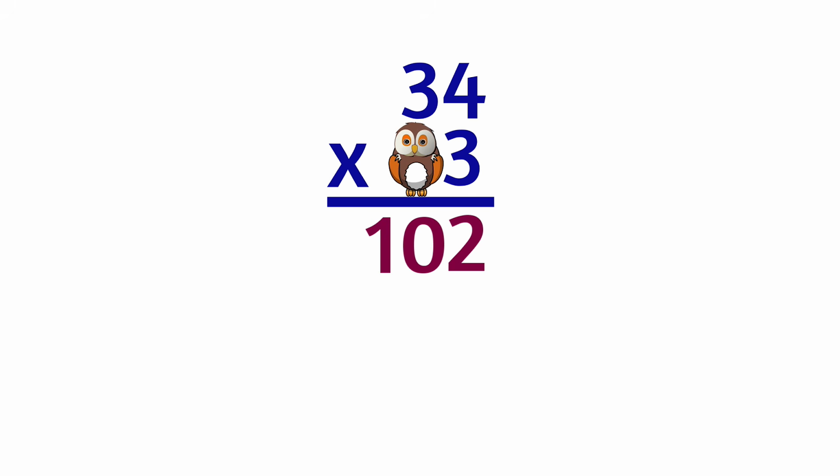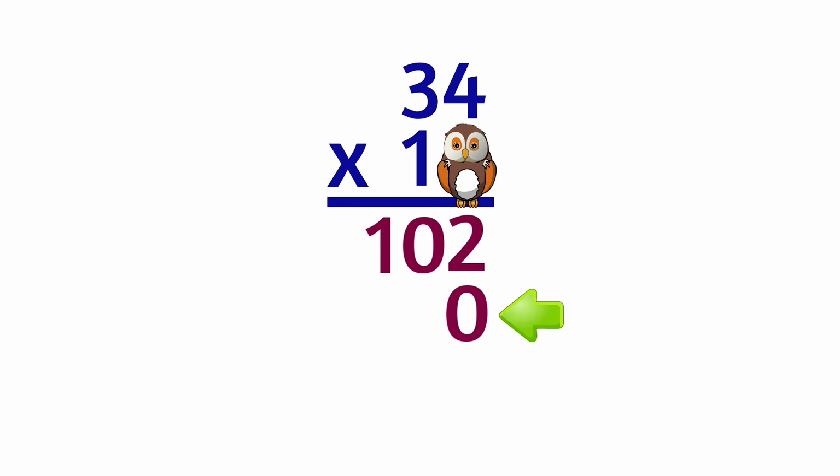What do we do next? Yeah, you know what? We've got to move the owl. We'll just scoot the owl over here like we've been doing. When you do this, you can use your finger to block it instead of this owl. Not everyone has a fancy cartoon owl to block digits with, okay? Now we have one more thing to do before we continue multiplying. We need to put a 0 in the ones place right here as a placeholder. Since this 1 that we just uncovered is in the tens place, that means it's really 10. That's why we put a 0 here.